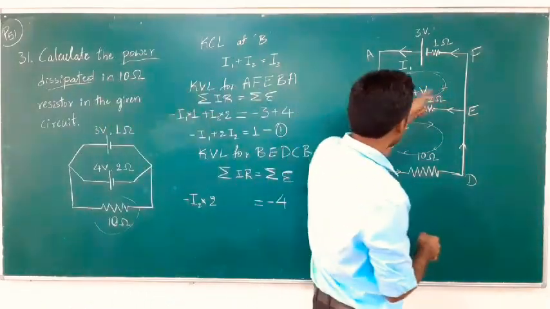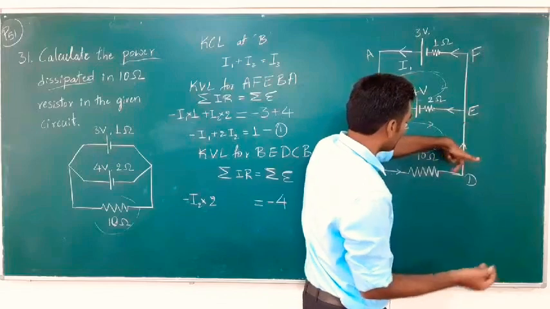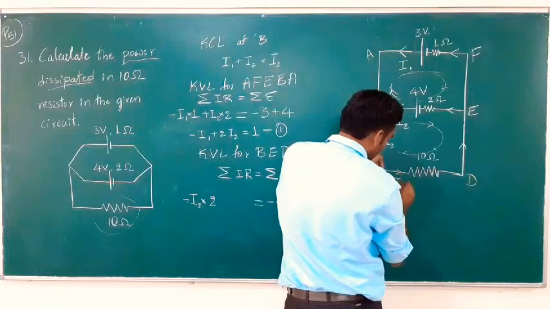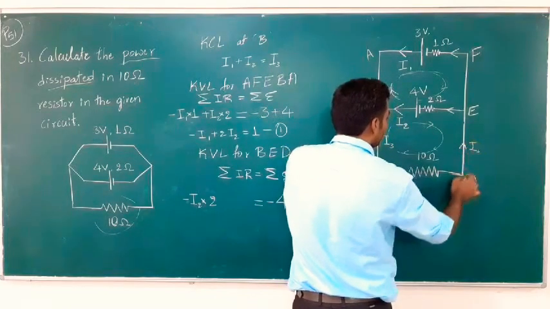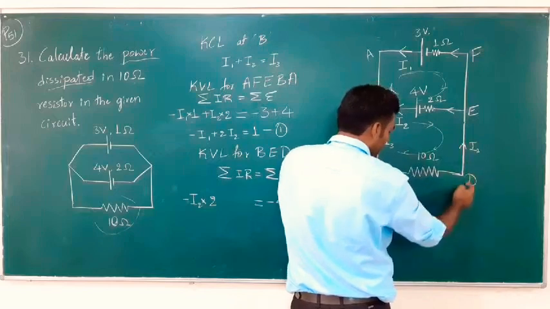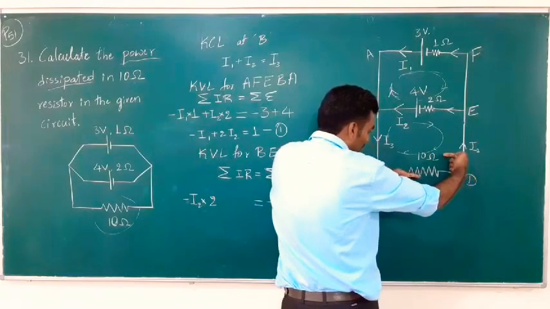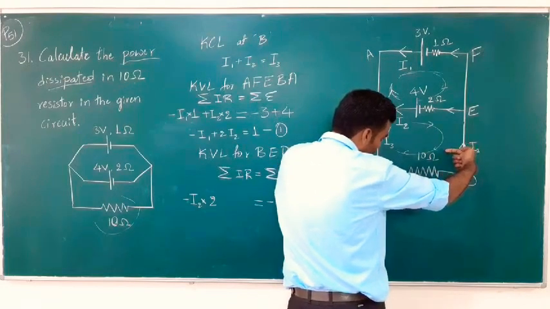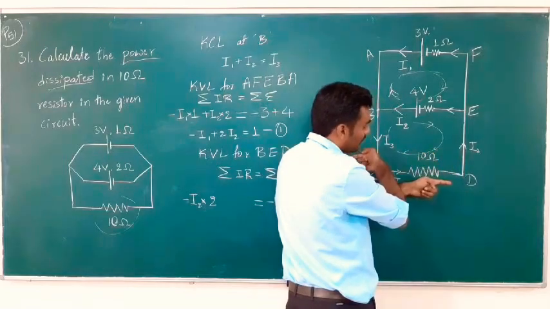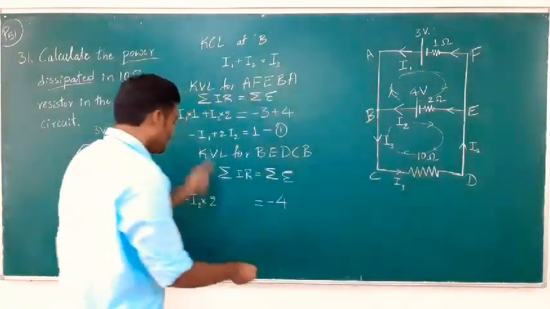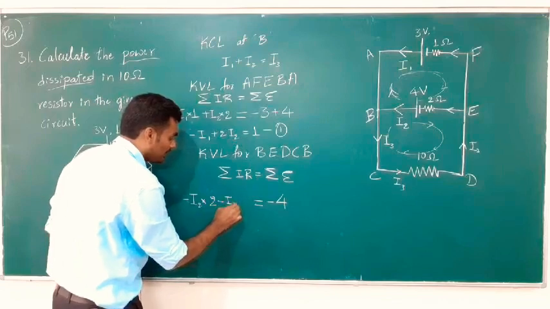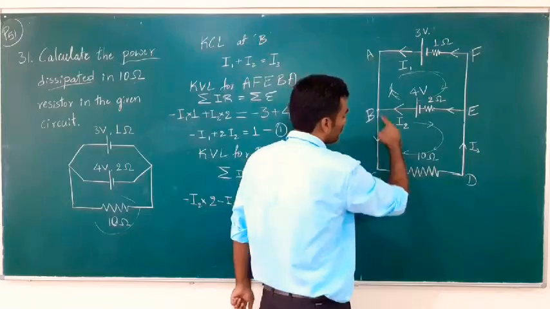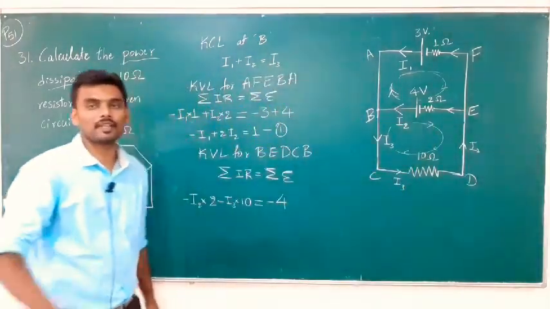Now I move ahead. I reach point E to D, no components, D to C. I come like this. There is a current flowing here. This is I3, I3, I3, I3, like this. No component here, but from D to C, I have a resistor, and the current through that resistor is I3, which is flowing exactly opposite to the direction of my traversal. So it is I3 into 10, but negative, minus I3 into 10. Then I come to point C, then C to B, no more component here, and hence the loop is complete.